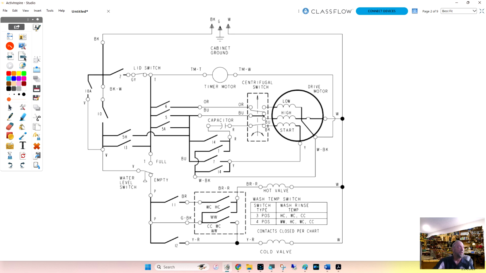Let's get into it. Here's the wiring diagram. There's a lot of stuff in here. When I look at a wiring diagram, I don't just look at the lines and the connections of the lines. I look at everything. I read this as if you were picking up a book and reading a chapter out of it. Even if I've never worked on a machine before, I could look at the diagram and tell you how a majority of things operate. A couple things I want to point out: first, the different types of switches that we have on the diagram, and we'll get into the timer chart.